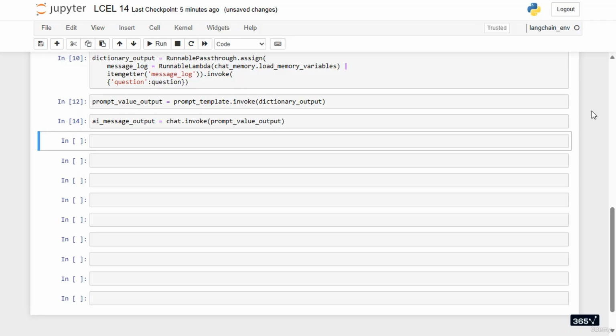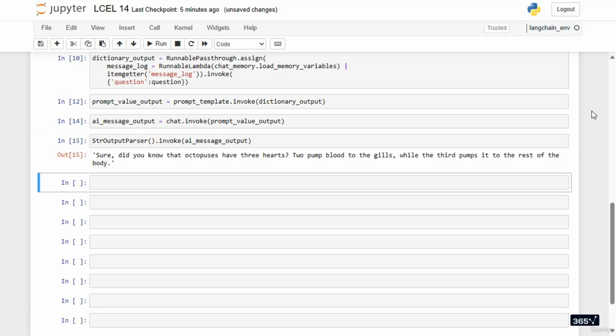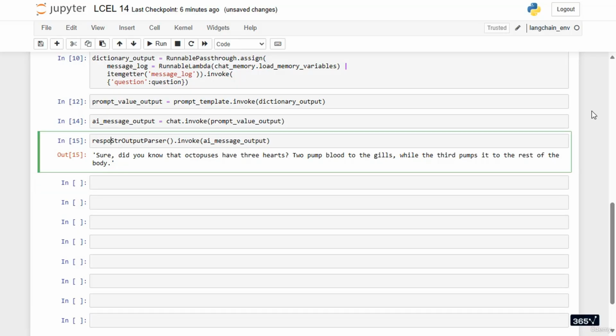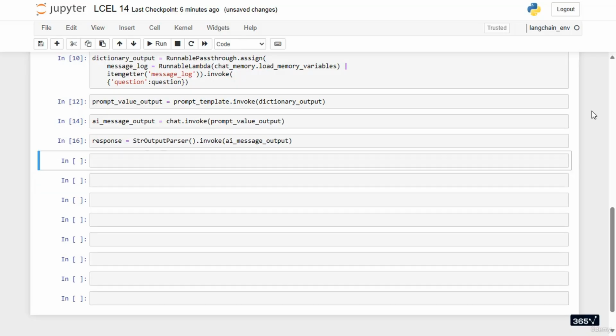The last piece in the chain is the string output parser class, which will extract the string from the content parameter. Let's store the result in the variable called response. Now that we have the result from the model, we can feed it as context to the conversation summary memory object. To do so, type